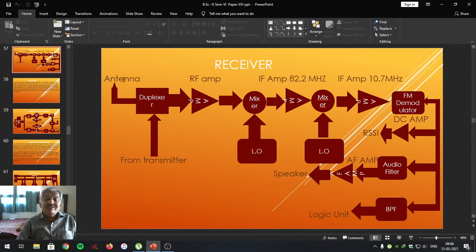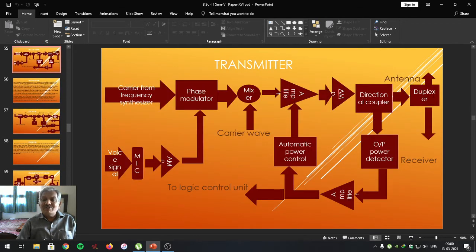It begins with the receiving antenna. As we already studied when we studied the transmitter, that same antenna is going to be used as a transmitting antenna as well as a receiving antenna, which is connected to the duplexer. Dear students, in yesterday's lecture, as far as duplexer is there, we have connected a receiver at that particular place. Again, I will show. This is the duplexer block which we are studying. And this is the arrow that indicates the receiver. This receiver we are going to study today.